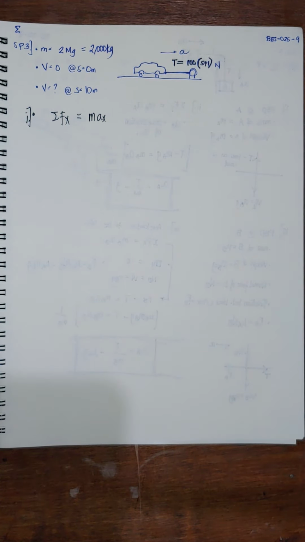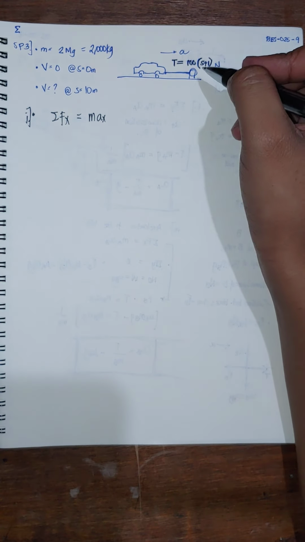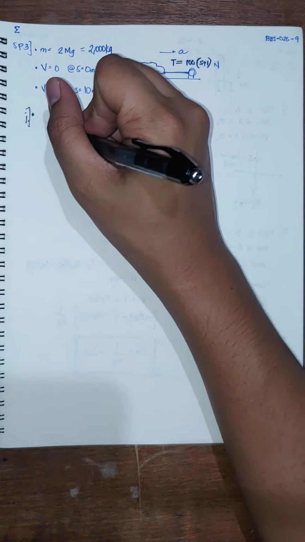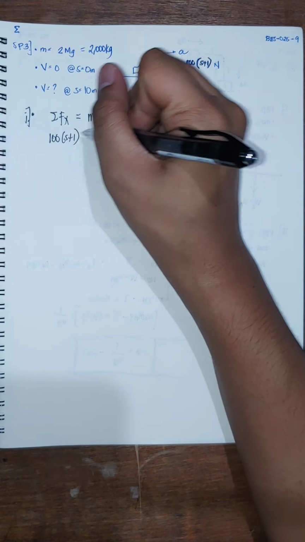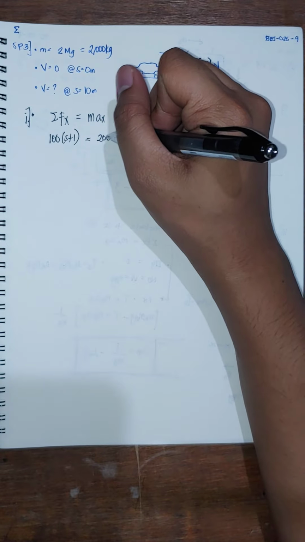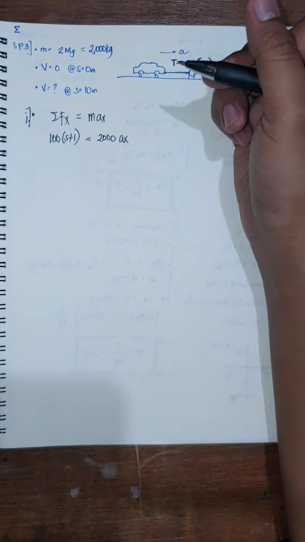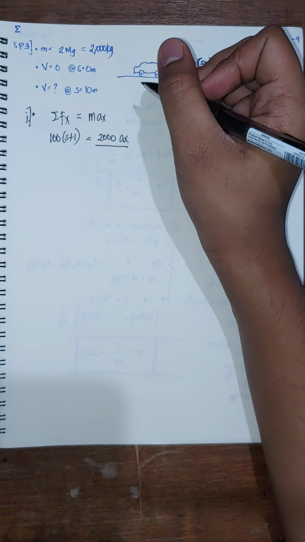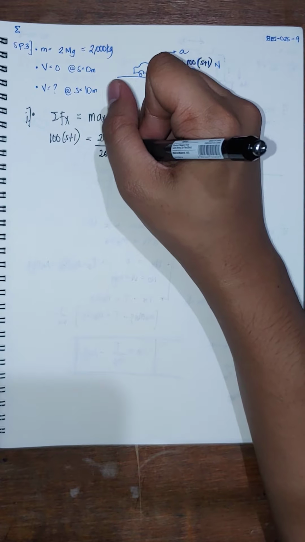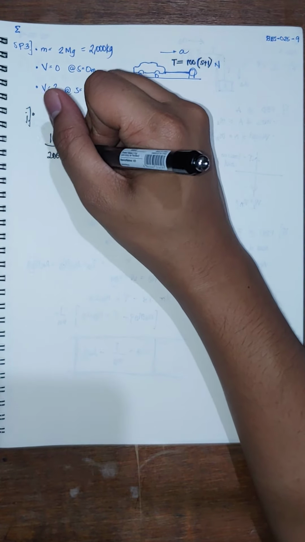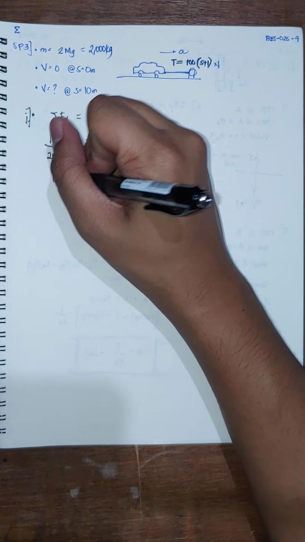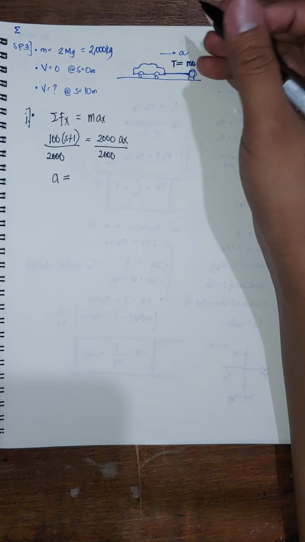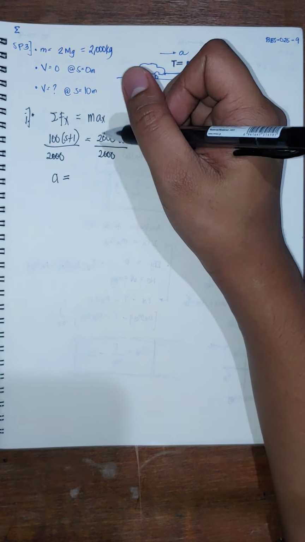So may buhato na to ani. So summation of forces along x. So atong force along x, we have the tension here. That is 100 times S plus 1 is equal to the mass of the car, that is 2,000 kilograms times the acceleration. We were asked about the velocity. So we know that the acceleration and velocity has relationship. May pa sila na relationship. So we have the acceleration along x, or let's just say a na lang kay maura mong gyapon usara man ato ang i-analyze dire. So that is equal to